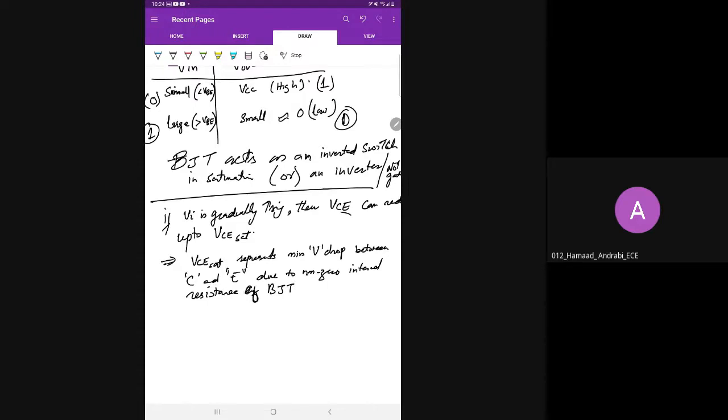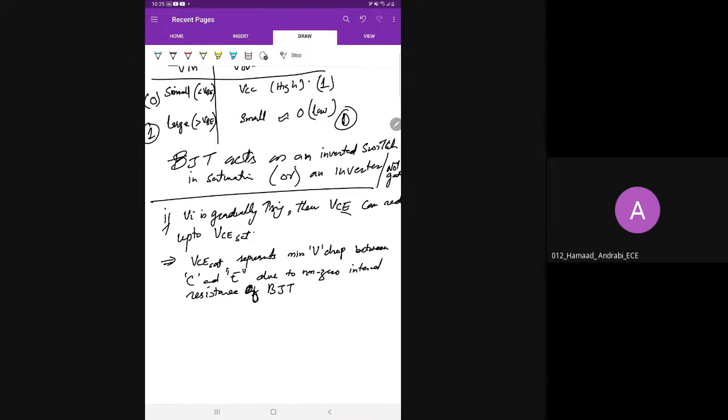So ideally it should be equal to zero. It is not exactly zero, it is nearly zero. It should ideally be equal to zero, but since there is a non-zero internal resistance of the BJT, some potential drop will always be felt. So it will not be practically zero, because of the non-zero internal resistance of the BJT, because of which VCE saturation